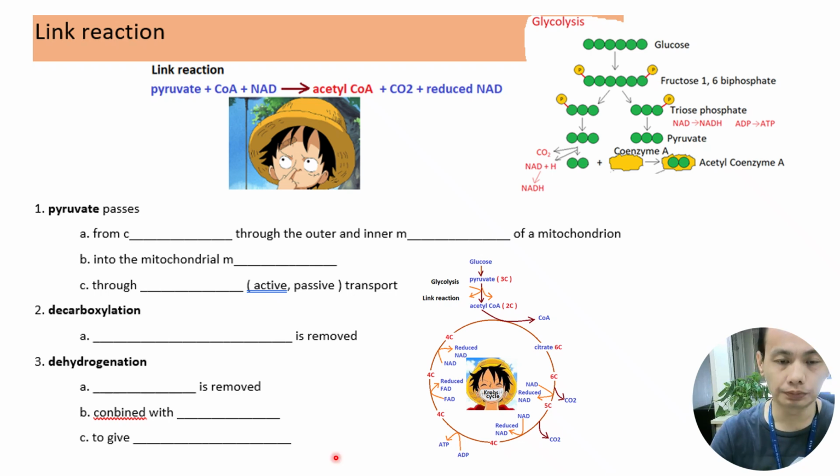So just now we talked about glycolysis. Glycolysis, glucose breaks into two. Can you see or not? Before it breaks into two, glucose forms fructose 1,6-bisphosphate. Then it splits into two triose phosphate, each with a phosphate group here. Can you see? Okay. Then at the end it becomes pyruvate, with reduced NAD and also ATP being